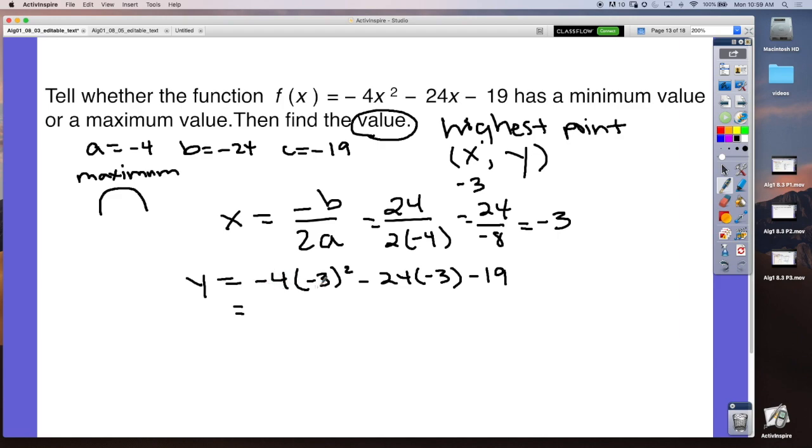So this is negative 4 times 9, which makes negative 36. This is going to be plus 72 minus 19, and that answer comes out to be